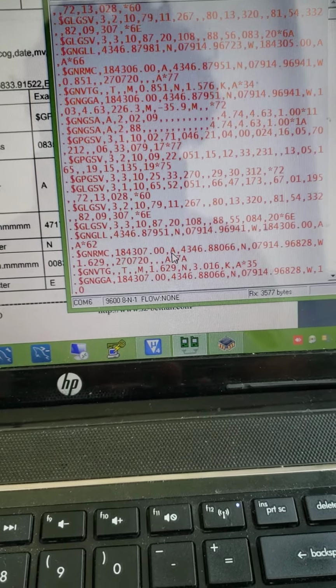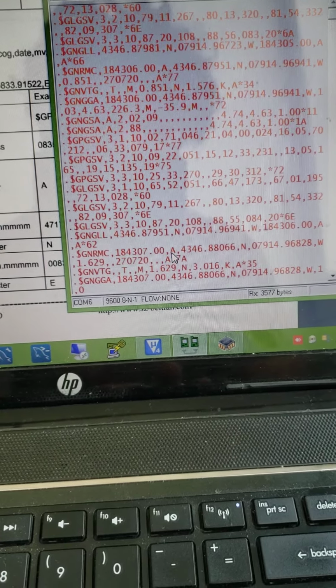Now I have connected my GPS to my LPC2148 board. The GPS TX pin is connected to my LPC RX pin, and the LPC's TX pin is connected to the FTDI receiver pin, meaning the RX pin, so that we can connect to the same terminal on the XCTU and see the LT and LG that I programmed for latitude and longitude. The same thing I'm going to show you now.